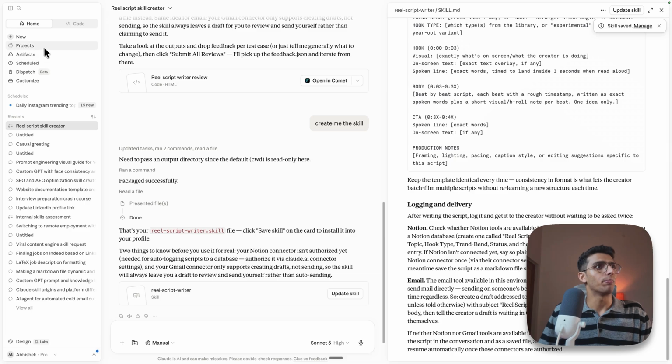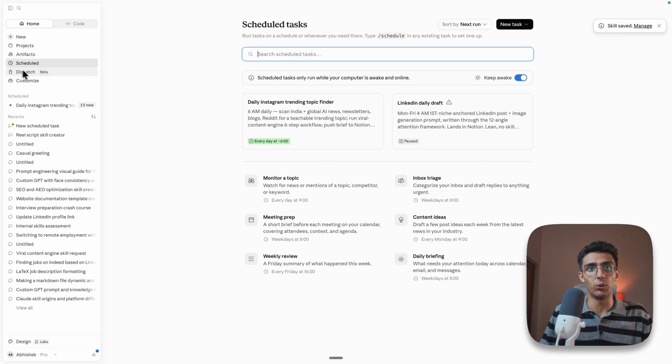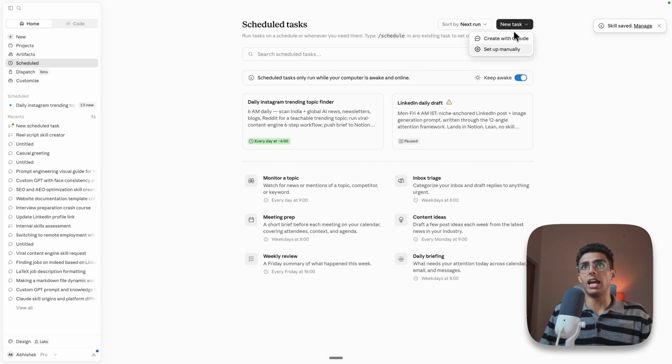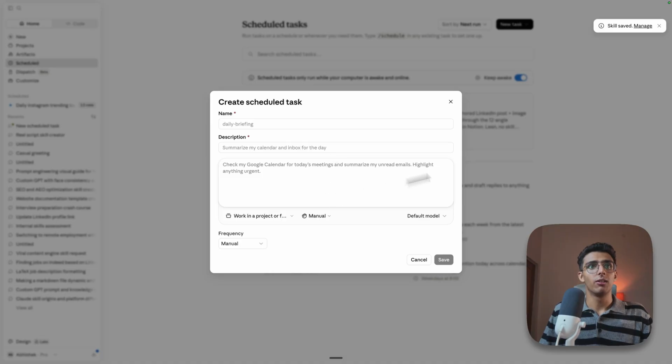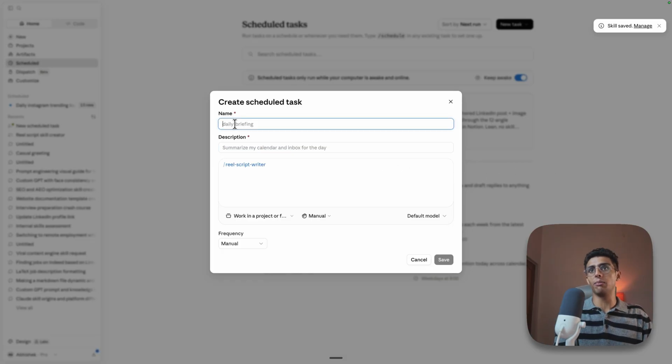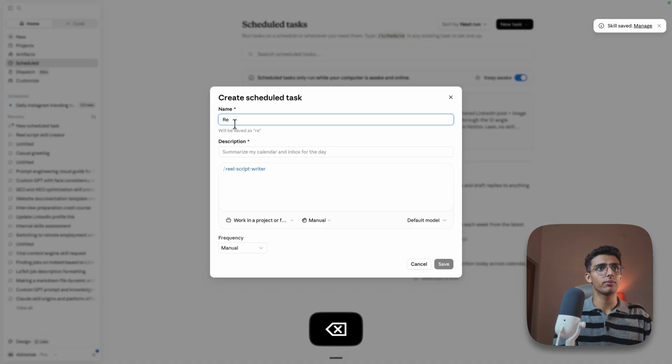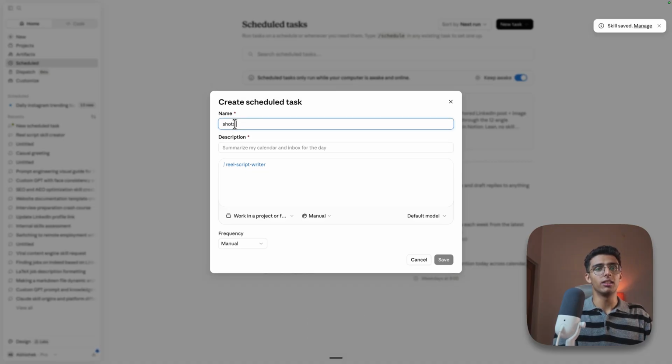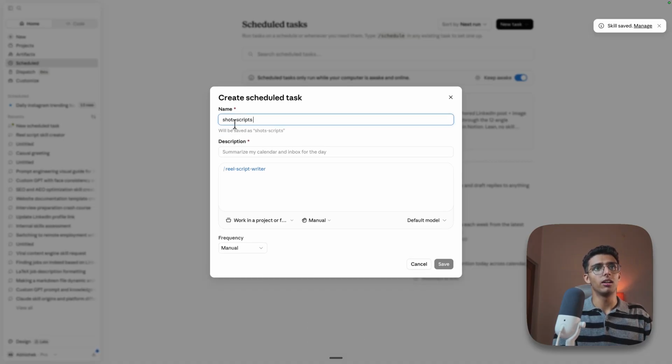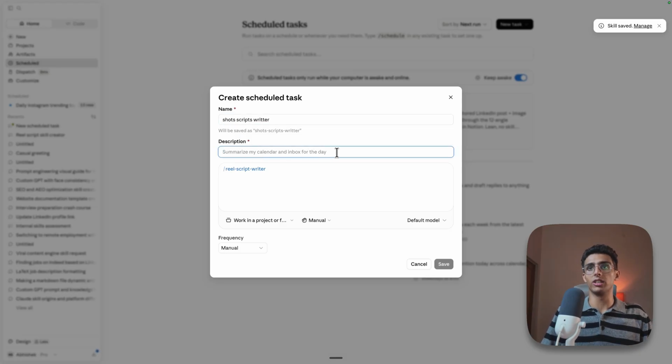So what's the next step? We're going to come to this schedule. I'm going to click on new task and we'll go to setup manually. Here, I will be using real script writer. I want it to be named real script writer or shorts script writer, summarize my calendar and inbox for the day. So the description would be